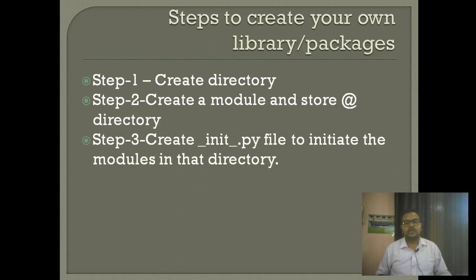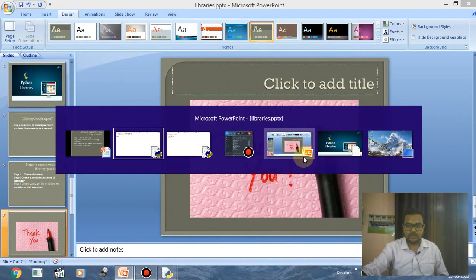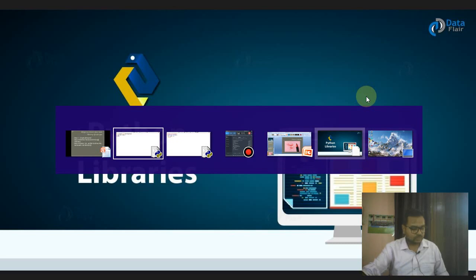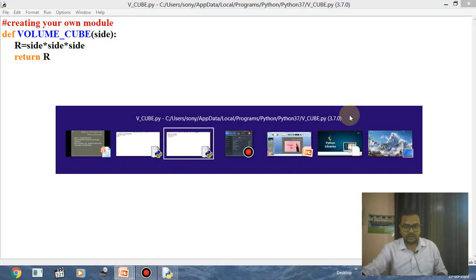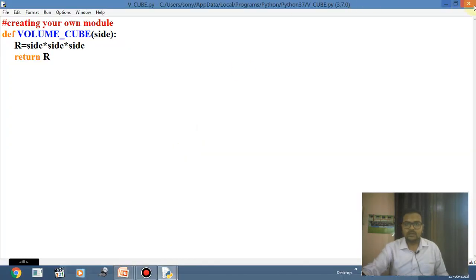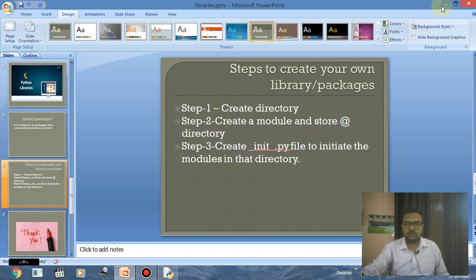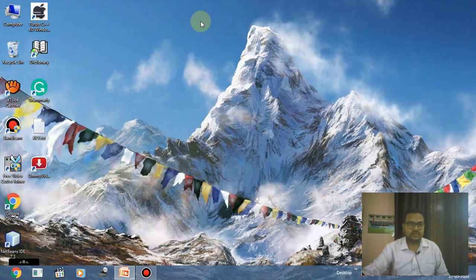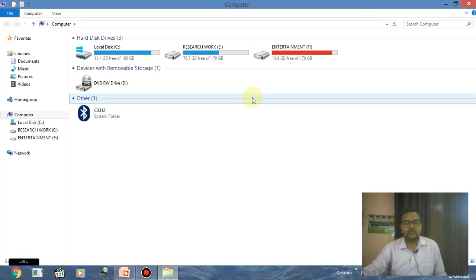So now here are some steps for how we are going to create these libraries. I'm going to switch over to this location first, to show how we are going to create the library. So here we have this location. Okay, fine. I'm going to close this one and switch over to the location first. So just observe this location.